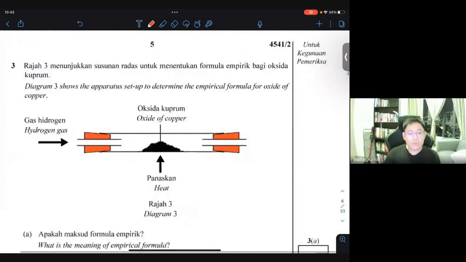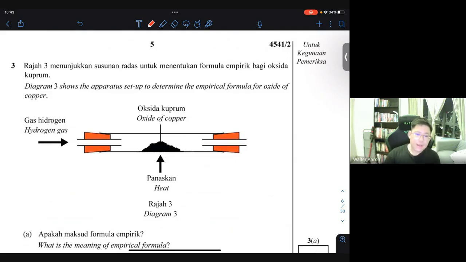All right, let's go to question number 3. Diagram 3 shows the apparatus set up to determine the empirical formula of oxide of copper. Okay, so in your typical magnesium oxide experiment, you actually heat up the magnesium in air, so that the magnesium can react with oxygen. Then from that reaction, you can actually calculate the amount of oxide that's formed, and then you get the mass